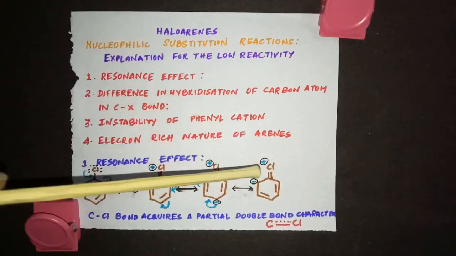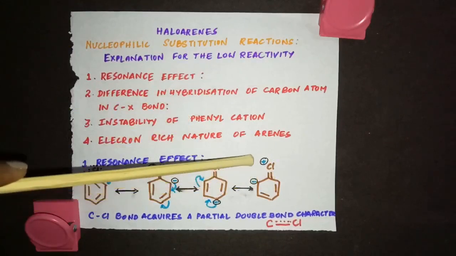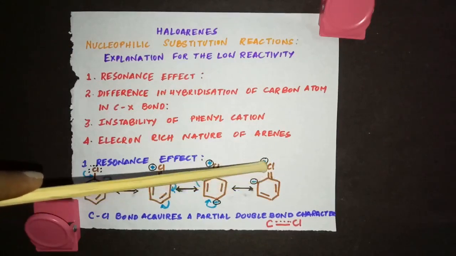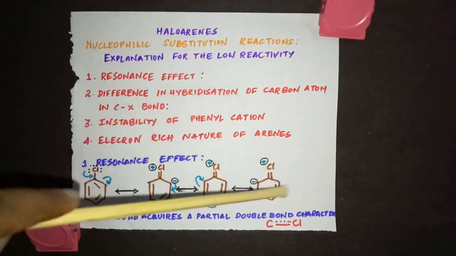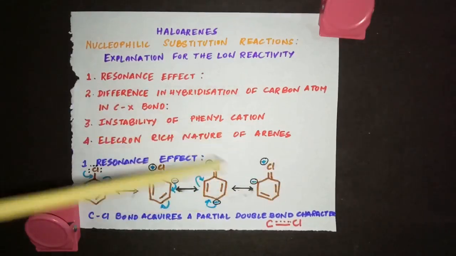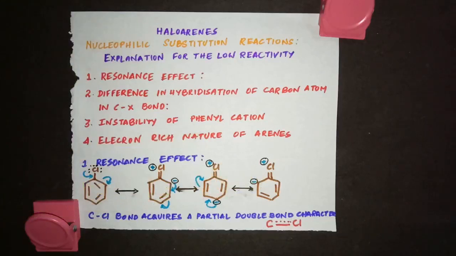And in the next picture, you have to take this and put an arrow here, and this double bond will go back to the chlorine. You will get the same structure as this, but all the bonds will be replaced. Okay, so this is what we call resonance structures.